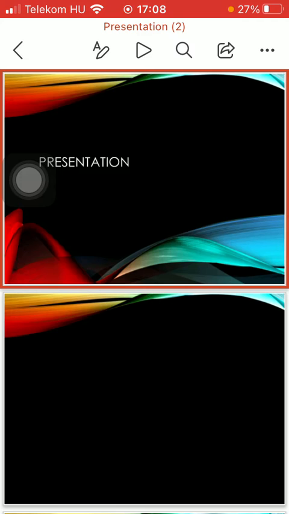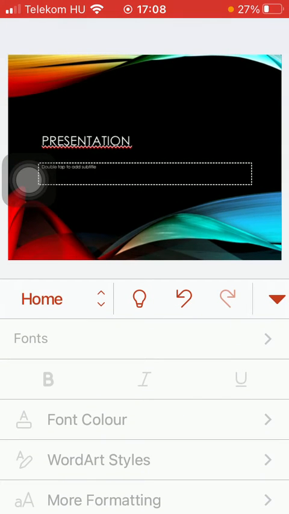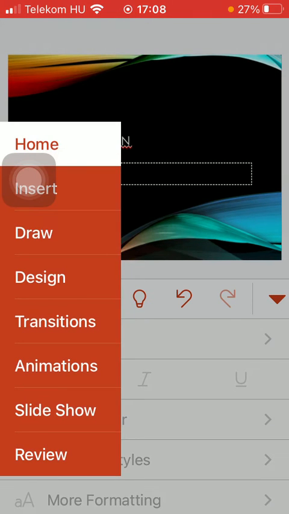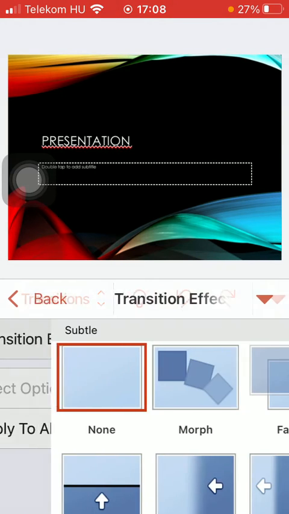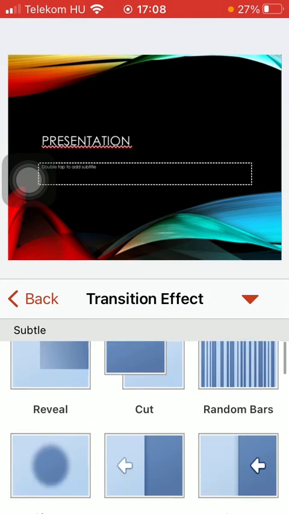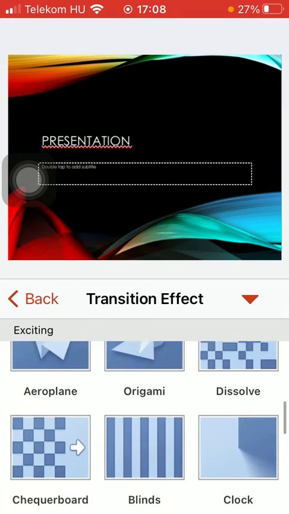Click on this icon at the top of the screen indicated with the image of a pencil and the letter A. Tap on it again till you find this home category in the middle of the screen. Now click on the transitions option, click on transition effects, and as you can see there are a bunch of effects that you can use